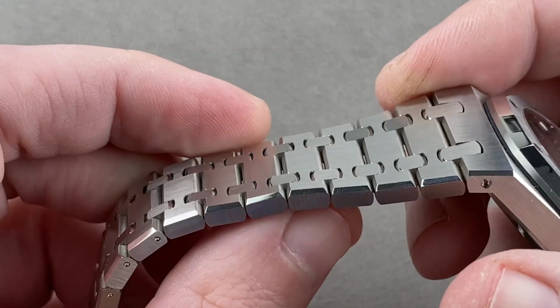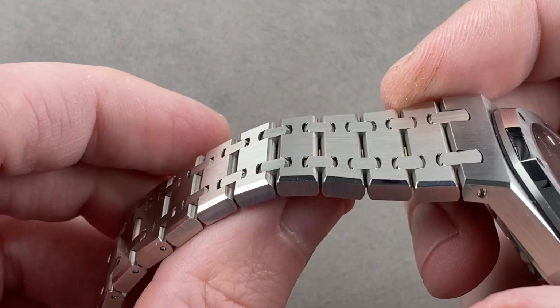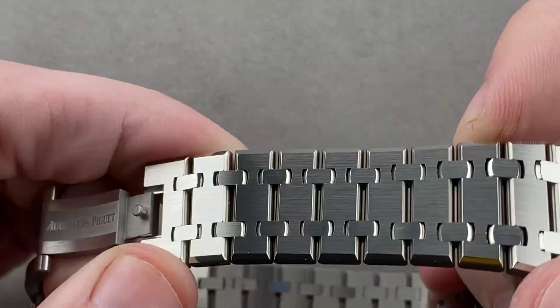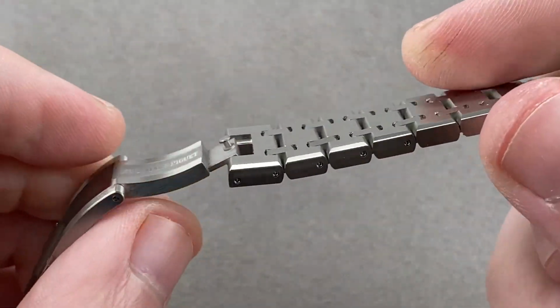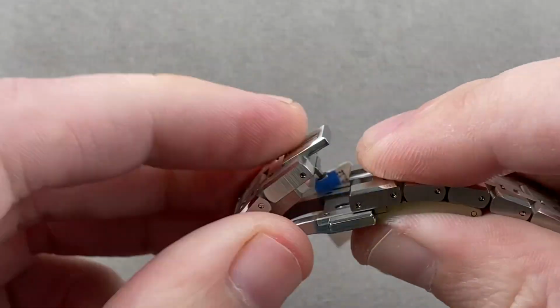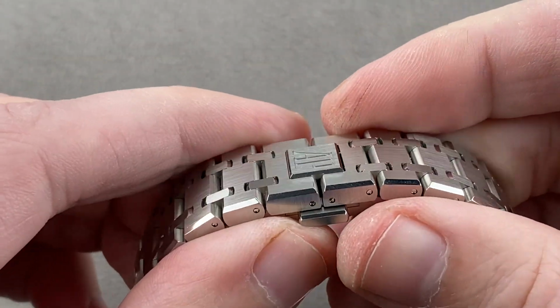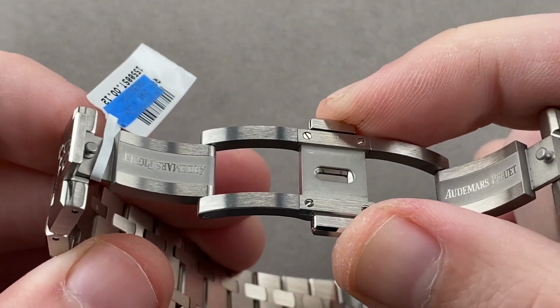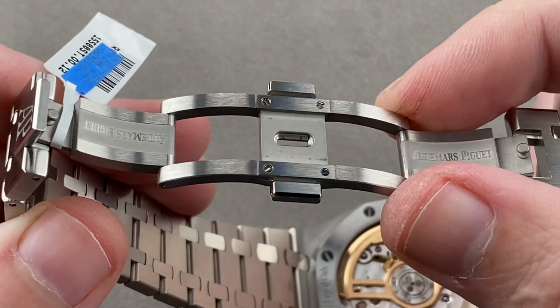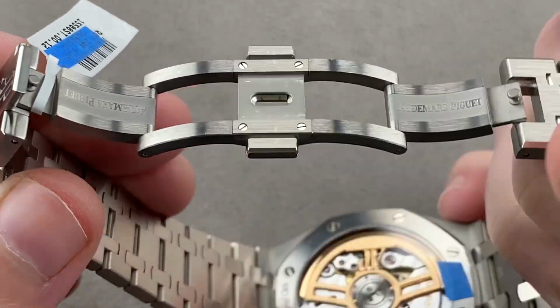This bracelet, while not quite as beautifully delicate or organic, does feel substantial, almost like it was destined for an offshore. And then the removable links are fixed by screws, which I prefer by far to pin sleeve sizing. And then we have a clasp that is very solid. Once again, I feel like invoking the name of the offshore here, as this clasp seems as though it could be transferred directly to the offshore and it would be right at home, appropriate to the bulk of that watch,